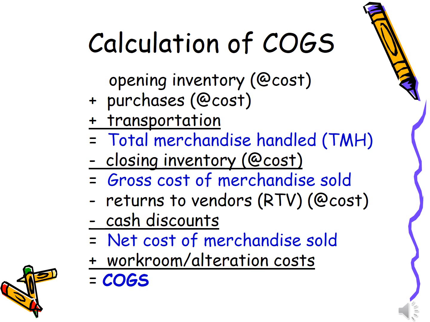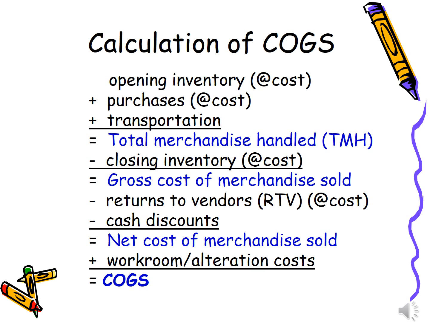So given all the elements of cost of goods sold we've just taken a look at, let's see how they are actually put together in the calculation of cost of goods sold. So we start with the opening inventory at the cost value, and you add in the purchases at cost, and add in any transportation or freight that we had to pay, and the combination of these three elements is called total merchandise handled. And then from total merchandise handled, we subtract closing inventory out, because we didn't sell this merchandise. It should not be included in the cost of goods sold, so we subtract that,